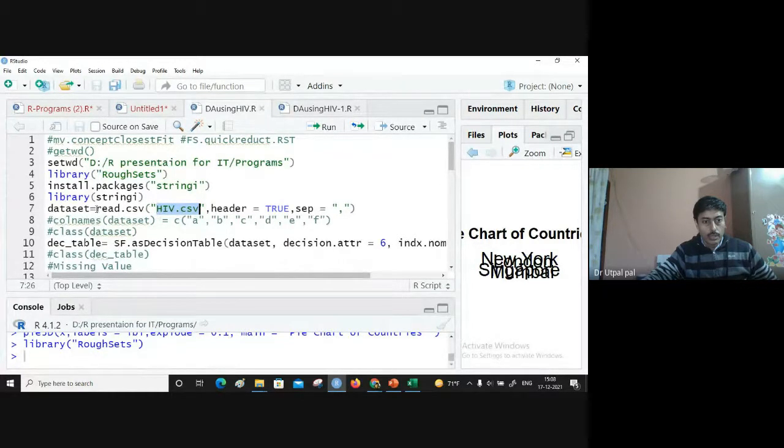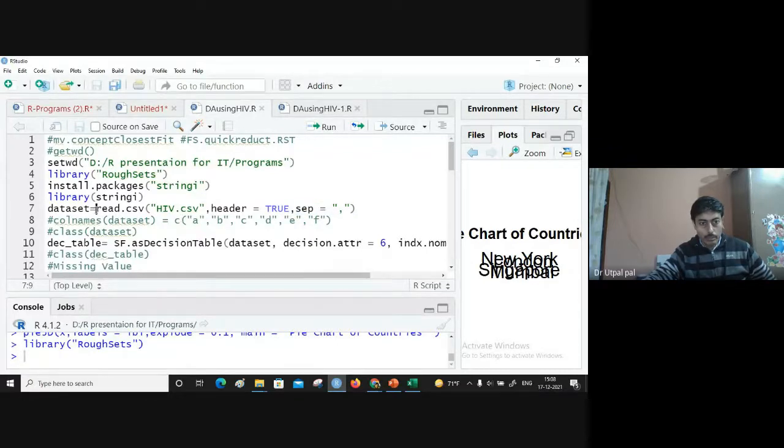So to read this table into my program, I have this function read.csv. So this will read the file, and the file name is this. Header equals TRUE means I want to read the table along with its attribute names or column names, and separator equals comma means it is a comma separated value file. So that's why I am giving comma here.